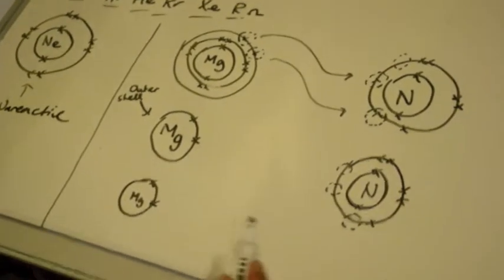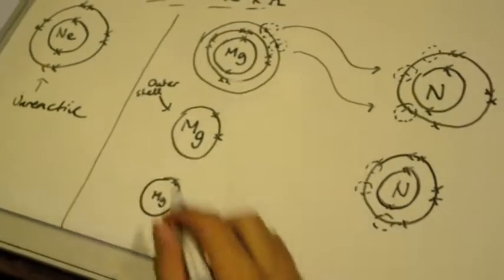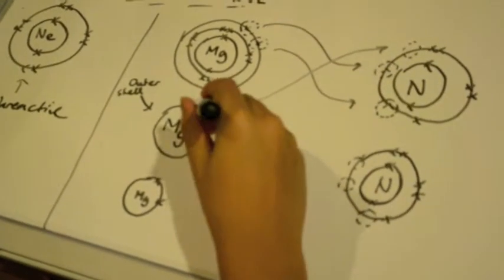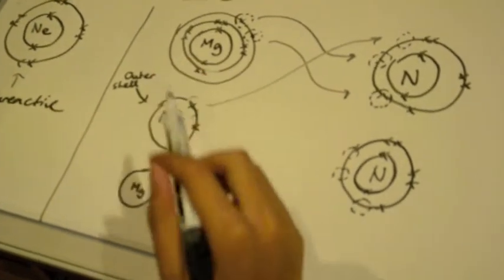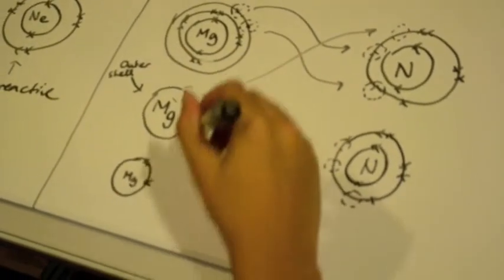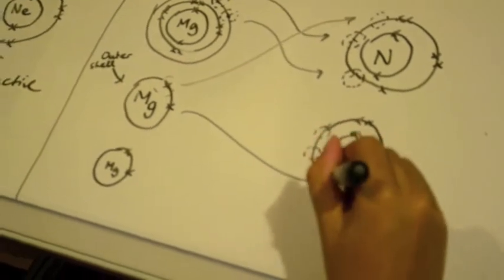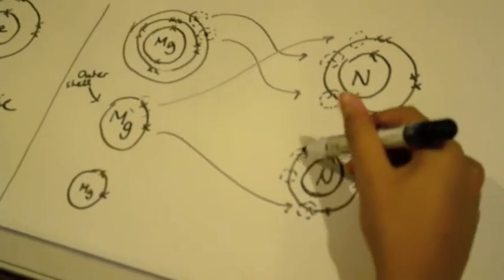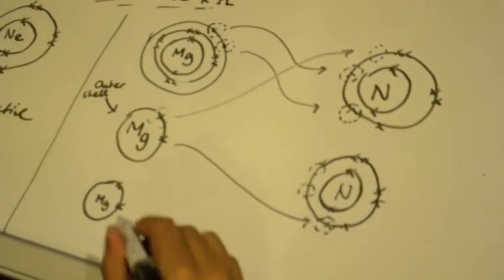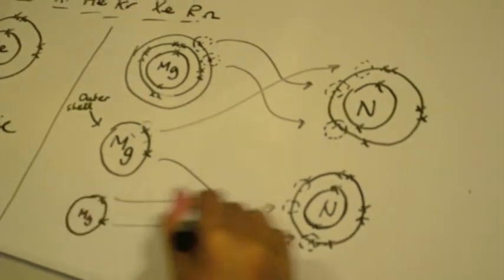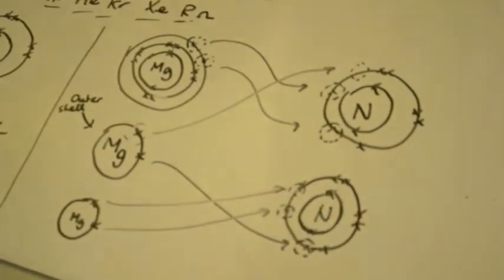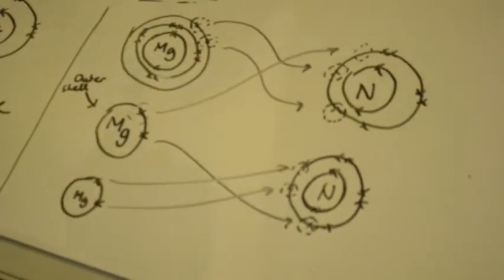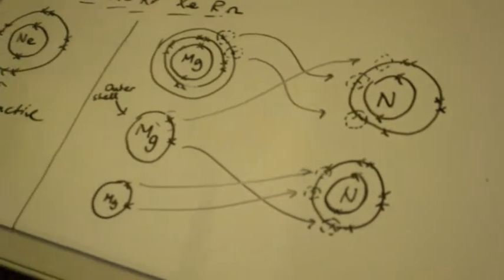So therefore, another magnesium is needed. This magnesium donates 1 of its electrons to that nitrogen. However, now this magnesium has 1 spare electron, so it donates it to a whole new nitrogen. However, 2 empty spaces are still unfilled in this nitrogen, and therefore another magnesium donates both of its electrons to fill all the available spaces. Therefore, every single one of these atoms in this compound is now mimicking the electron configuration